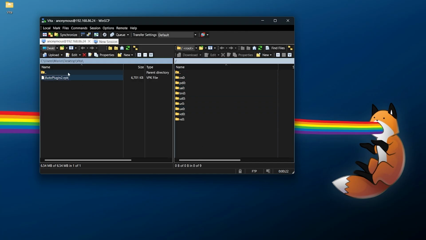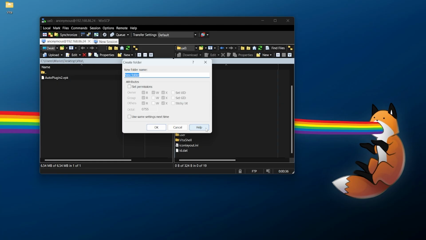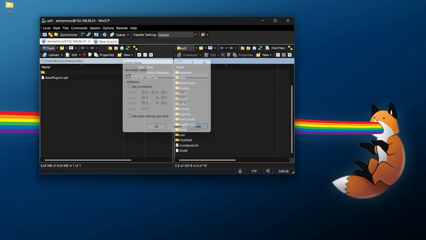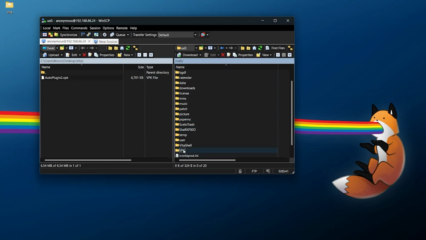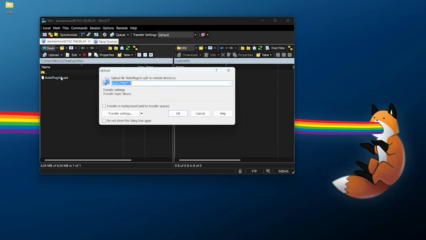In this example, we're going to transfer over a VPK, which is our installable homebrew file. For this, we can go to our UX0 folder. Typically I create a new folder in here by right clicking, new directory, and I'm going to call this one VPK, for example. Inside that VPK folder, you're just going to right click, upload on the left here, our AutoPlugin 2.vpk, and